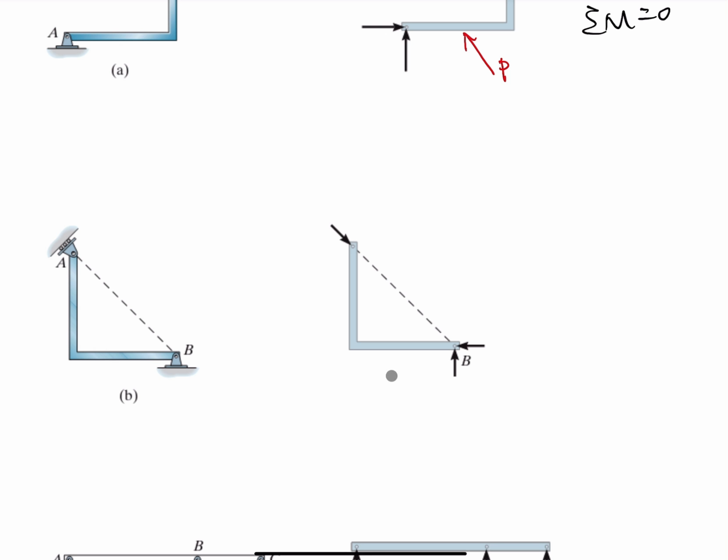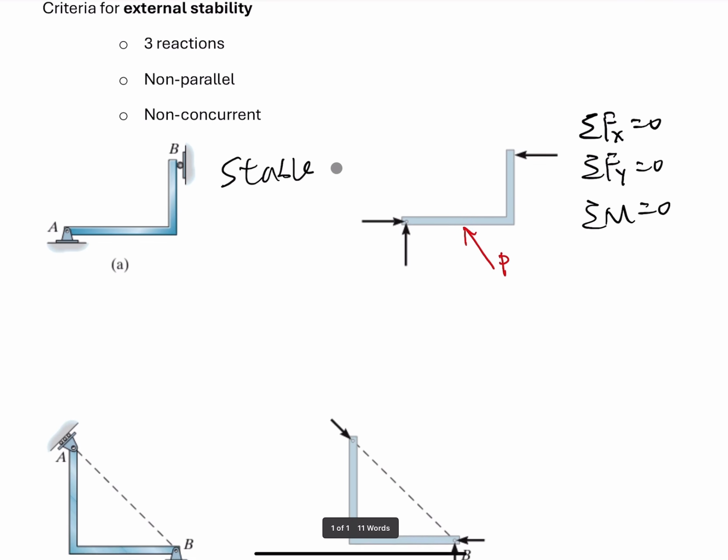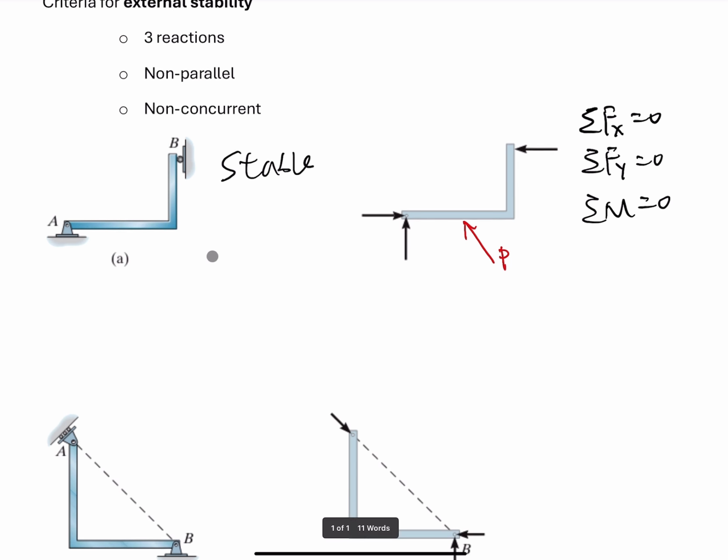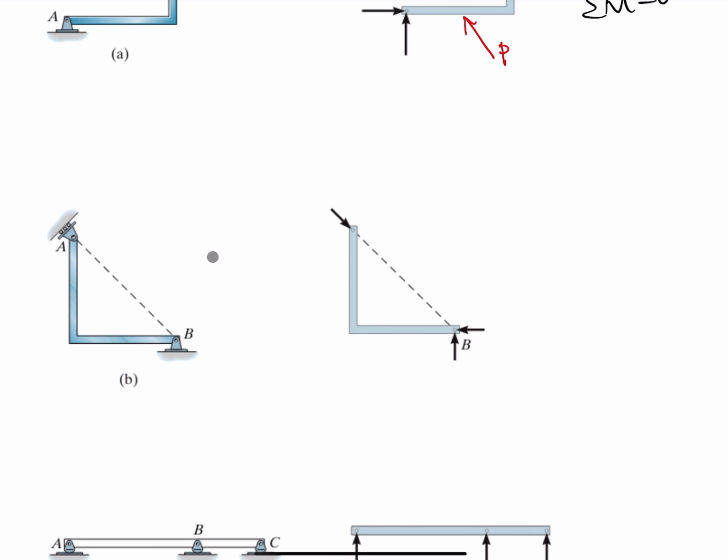Look at the second example. Here the three reaction forces go through one point, so these are concurrent reaction forces. Based on the criteria, we know the structure is unstable, but we have to know why. Here is the reason. This structure is unstable because it cannot satisfy the equations of equilibrium. For example, if we have external loading